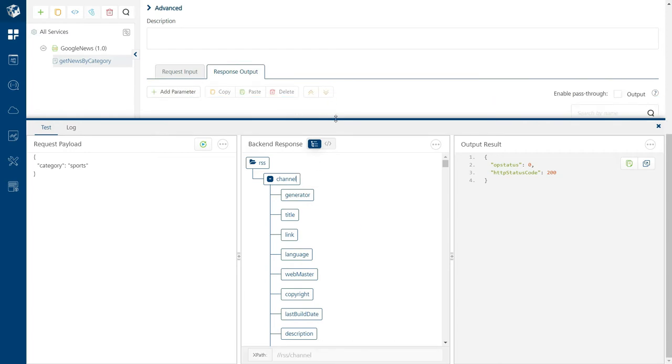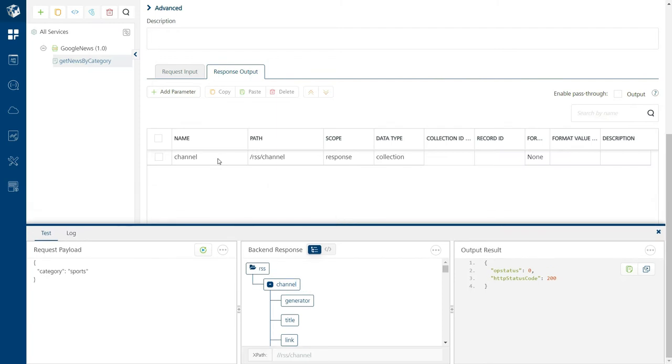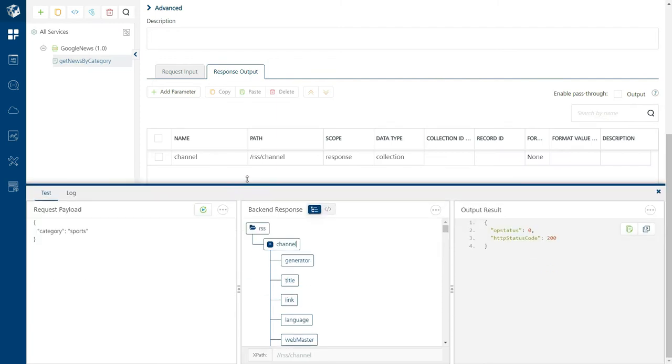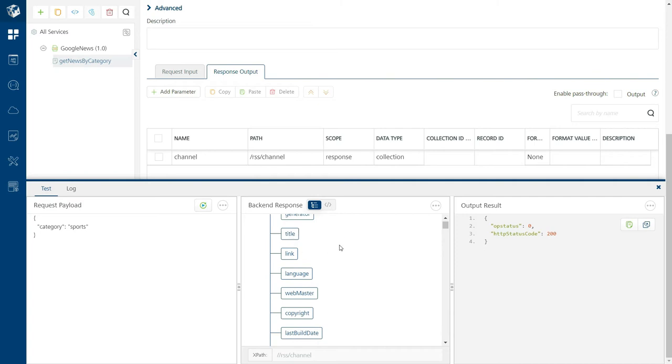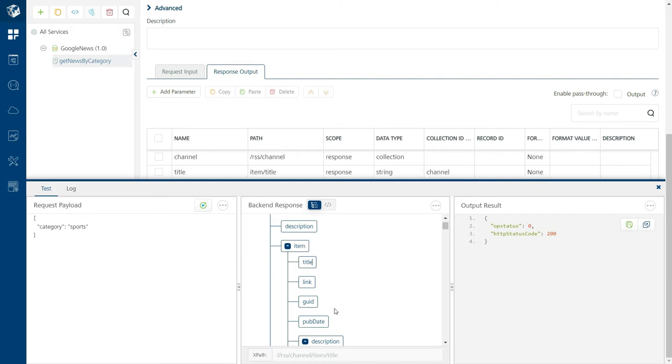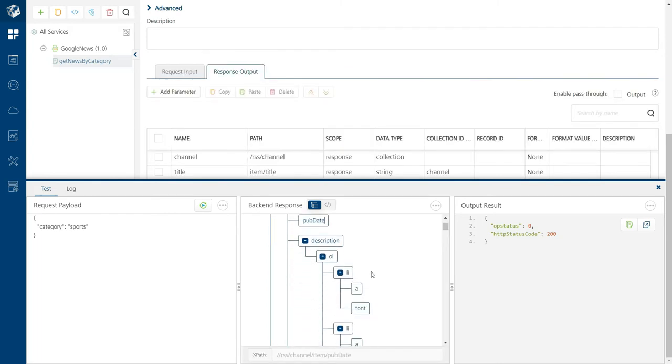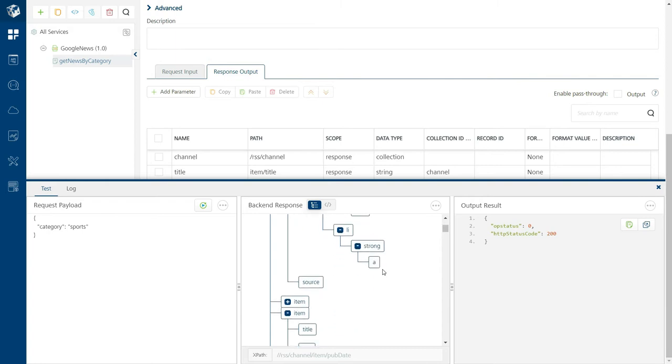I have added channel to the response output. So under the channel, we have different items. Each item represents one news article. So we'll define the title of the news article, the unique ID of the news article, published date, and let's also define the description of the news article.